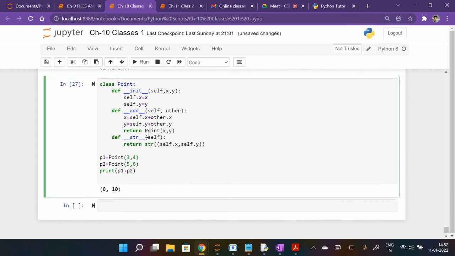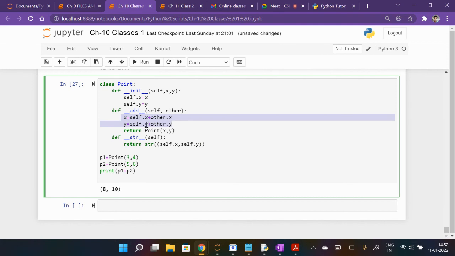Now check. Self is the object. So what do you want to print here? Self.x. The first parameter in the object and second parameter. So this is what we have done. Initialize the object, then we are adding two objects in this way.